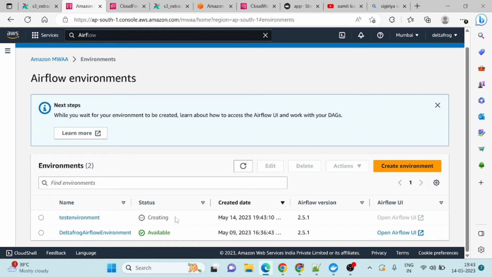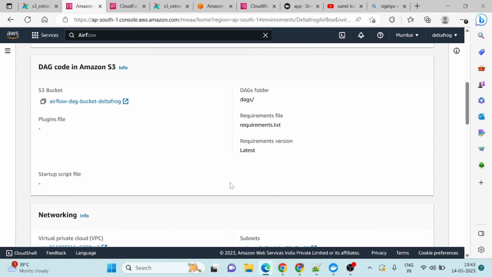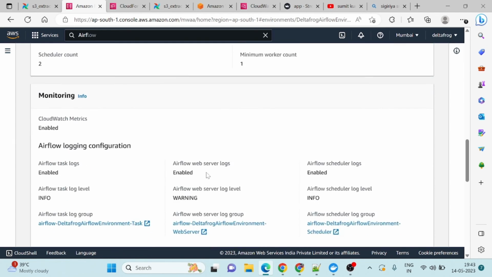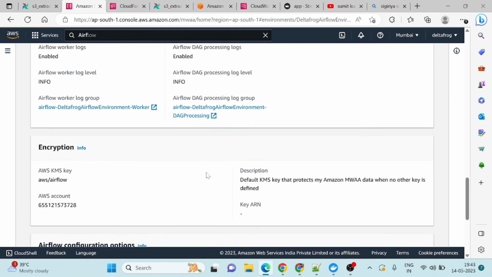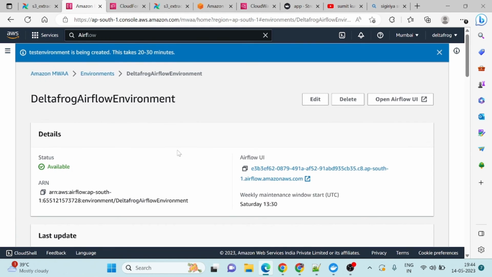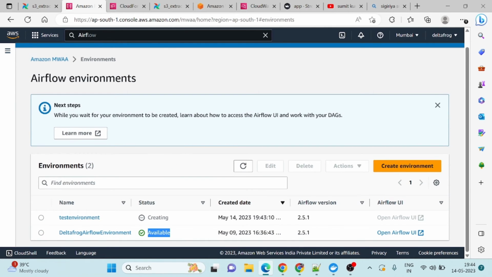So this is how it is being created here. But as I have already told you, I have already created this DAG, so I will just click here. Everything I have configured, you can see it will be like that. I have configured the DAGs, and all these things I have configured here. So you will also get it like this. Once this green traffic signal is up, then you have to open your